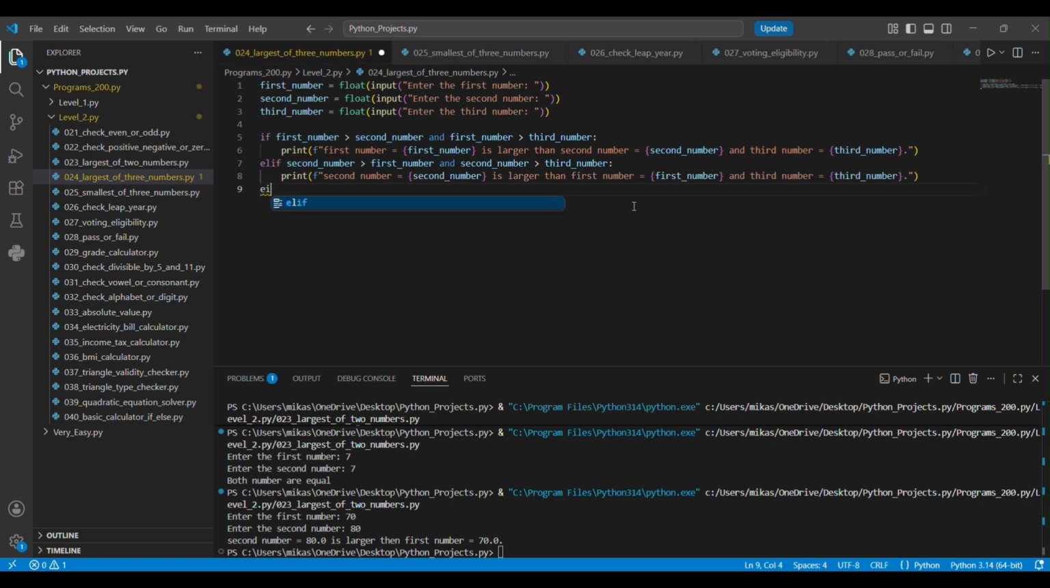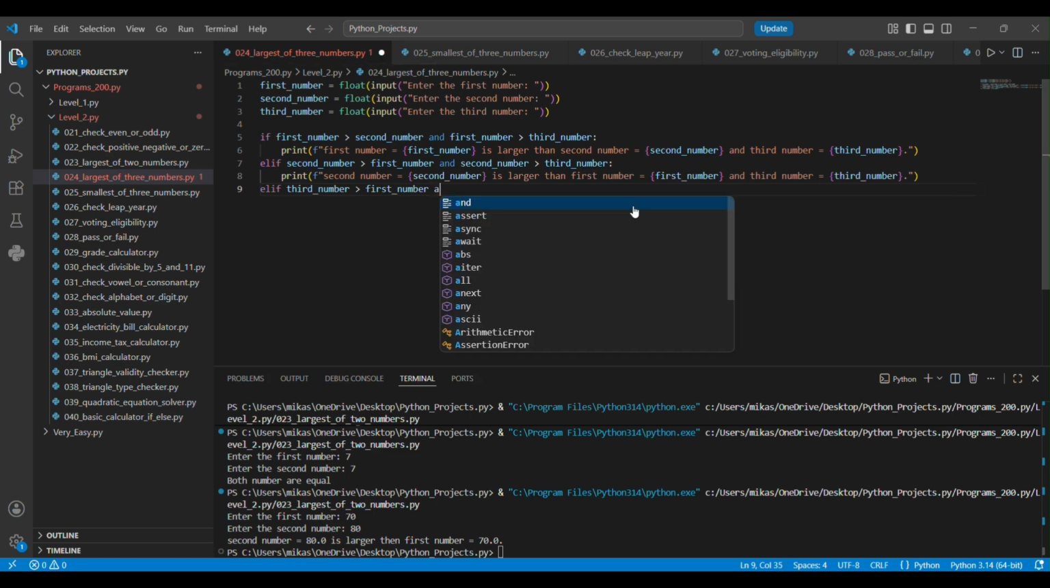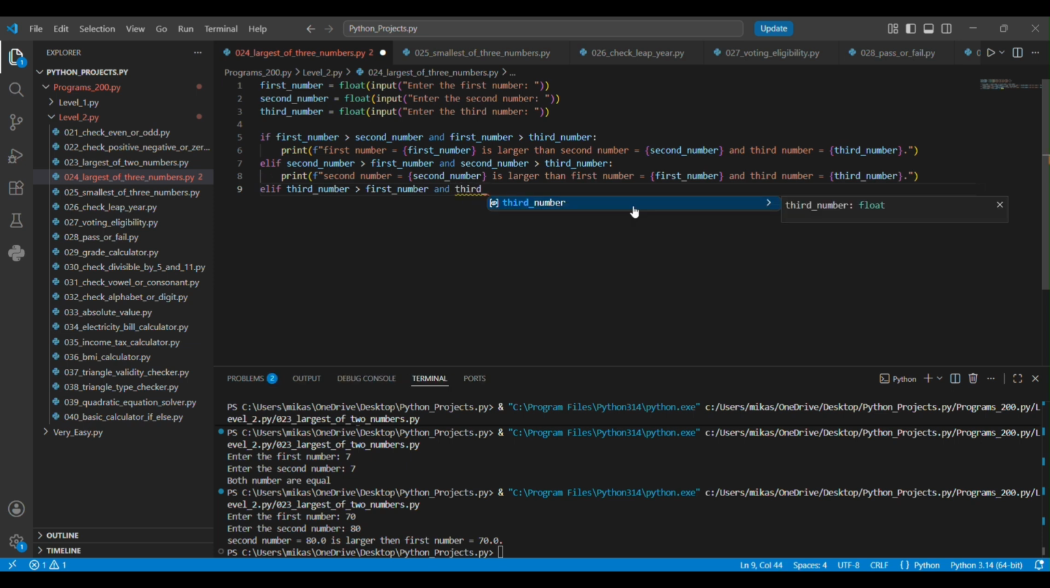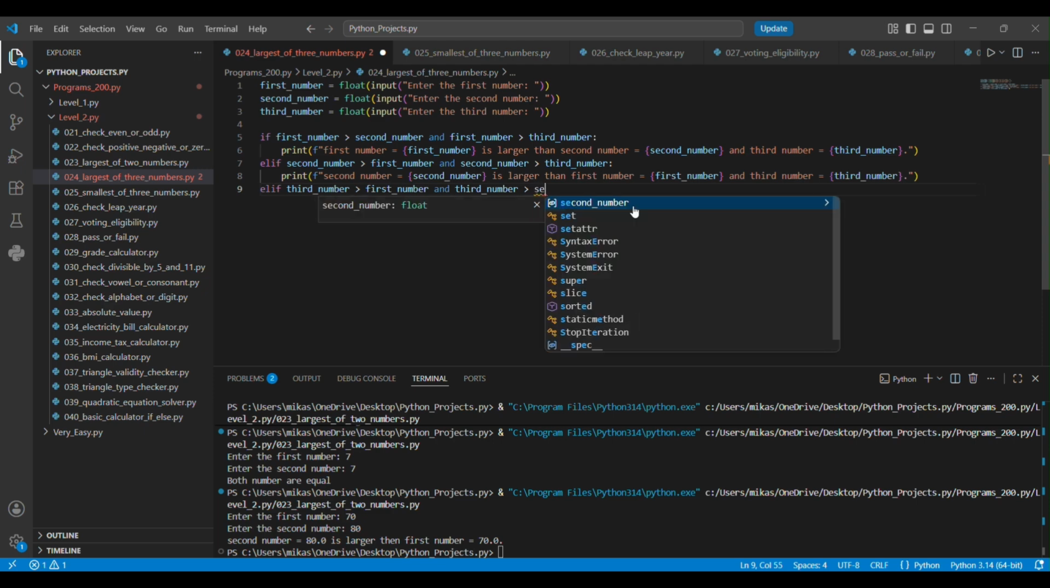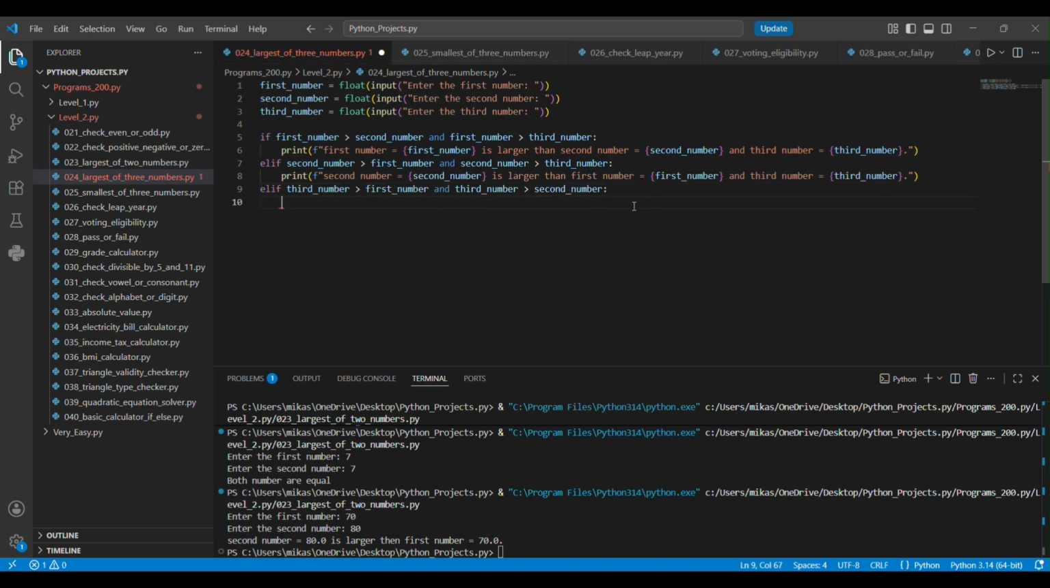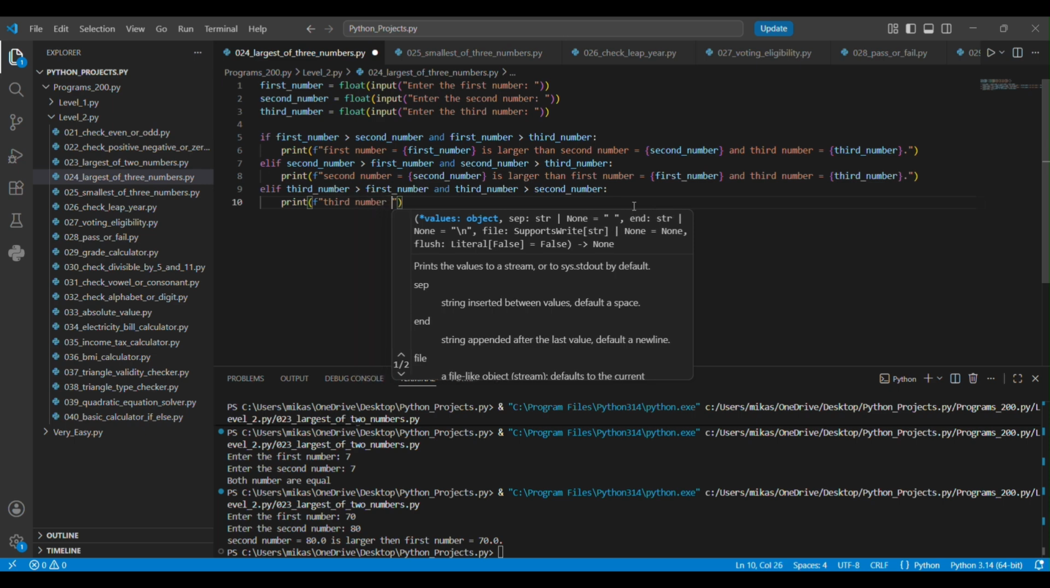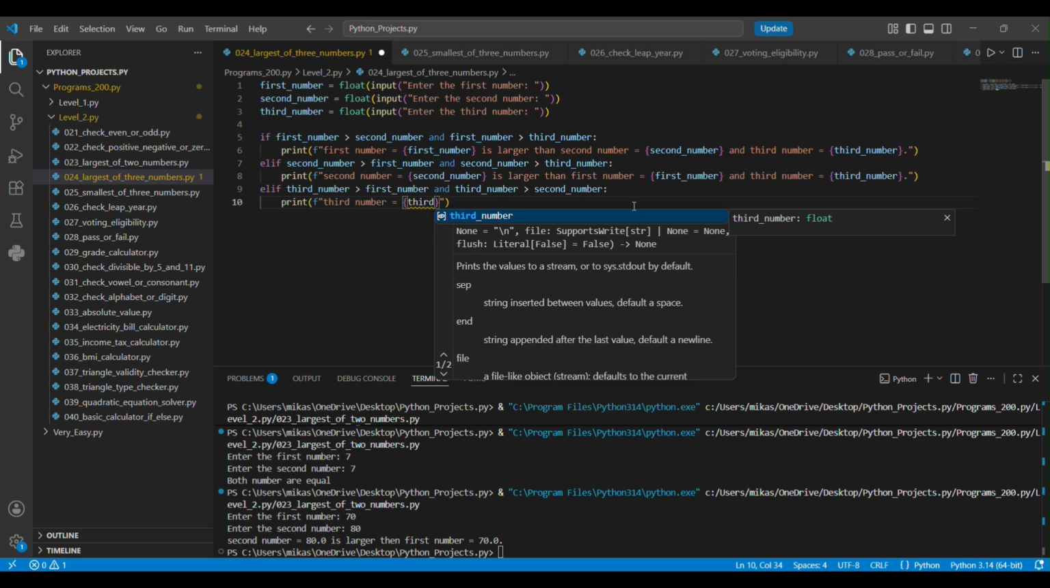Elif third_number is greater than first_number and third_number is greater than second_number, print third number is equal to third_number